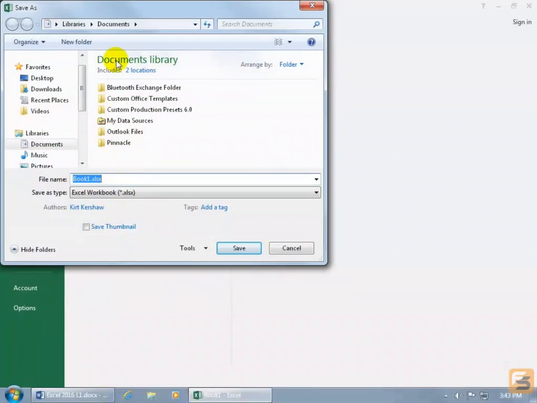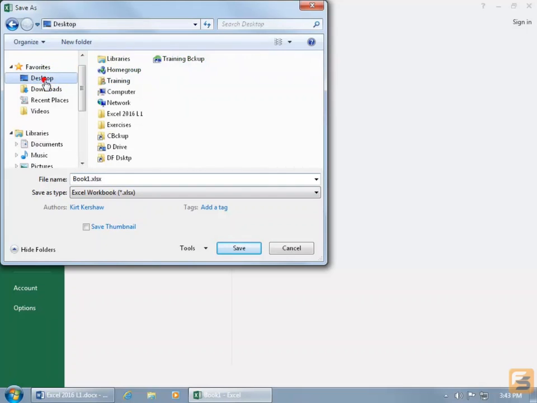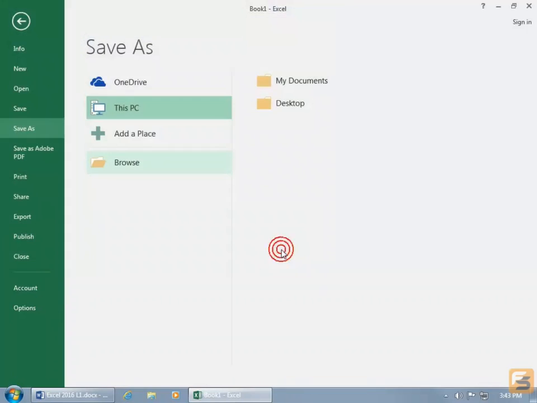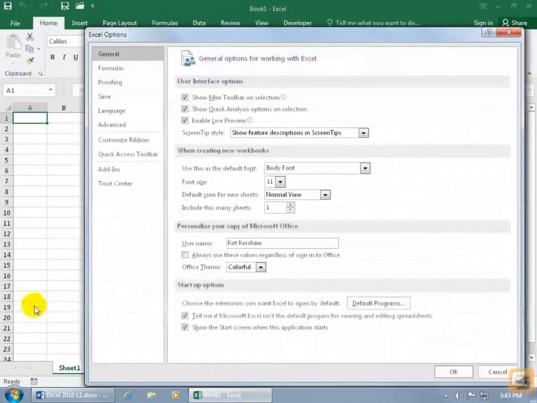When I open up Browse, the default location is going to be the Documents. What if you don't want to save every new workbook you create into the Documents folder? What if the default folder is going to be a folder on your desktop or just your desktop? To customize this so you don't have to come over here, select the desktop, find my folder, Exercises, and double click on it to save it in there, forget all that, click Cancel, and you can set the default by coming down here to the Options,